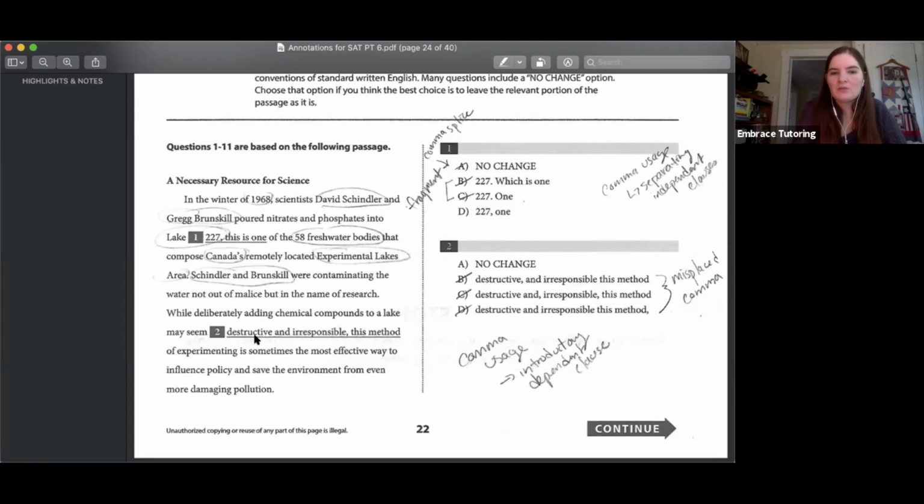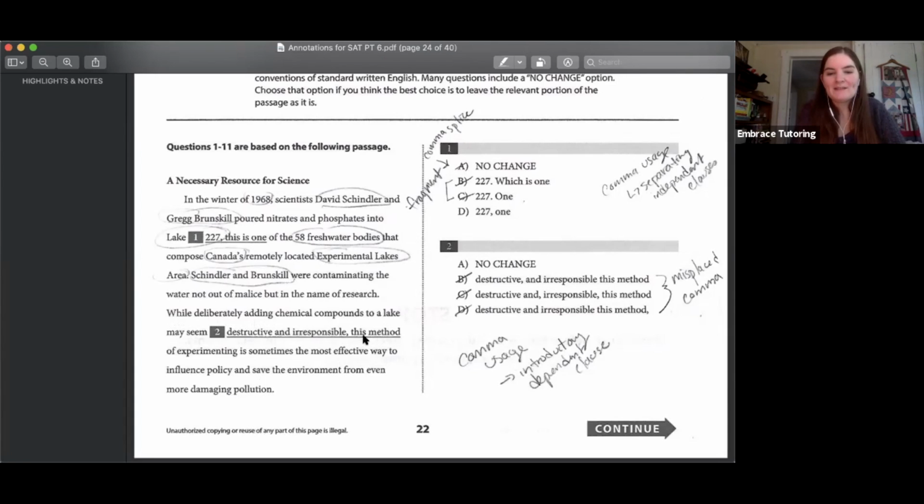Okay. So our example here is, while deliberately adding chemical compounds to a lake may seem destructive and irresponsible, this method of experimenting is sometimes the most effective way to influence policy and save the environment from even more damaging pollution. So looking at that, it flowed pretty well when we read through it. We have